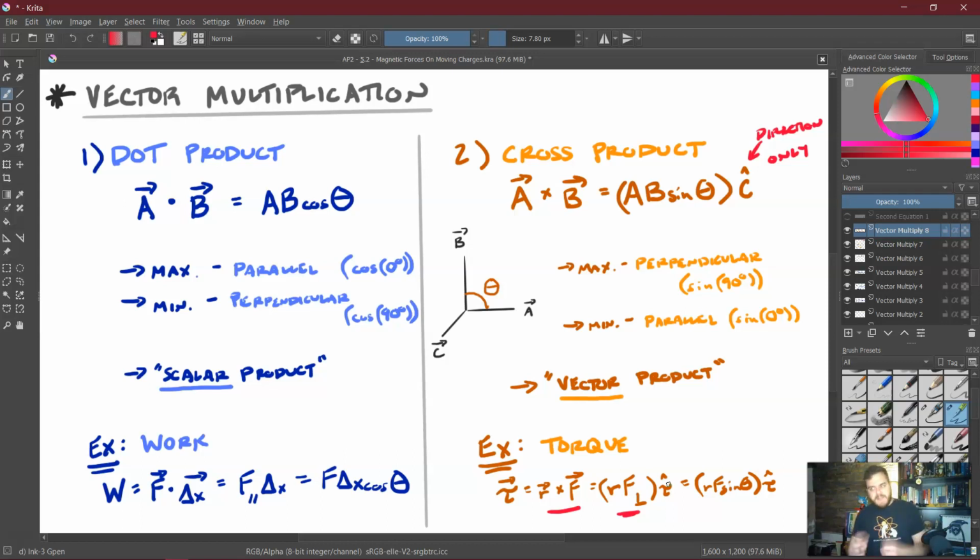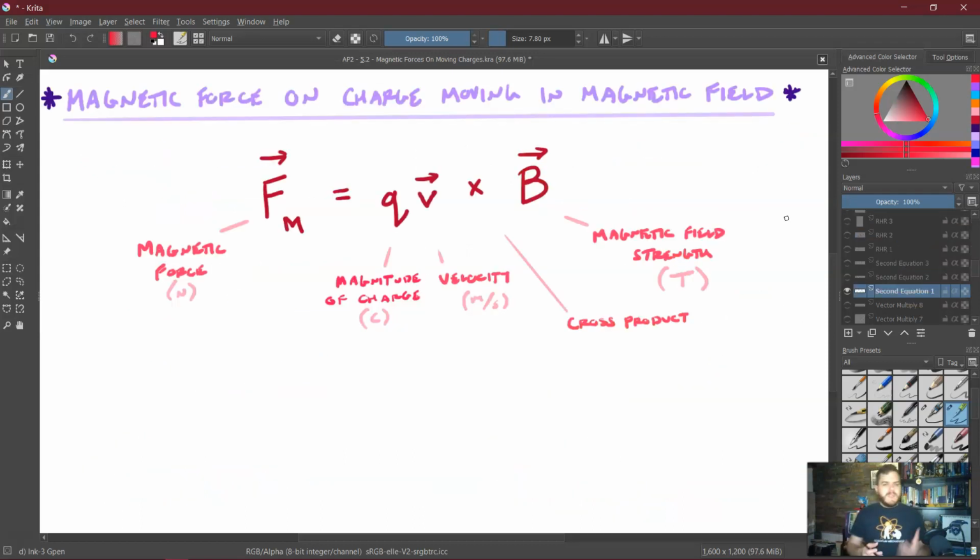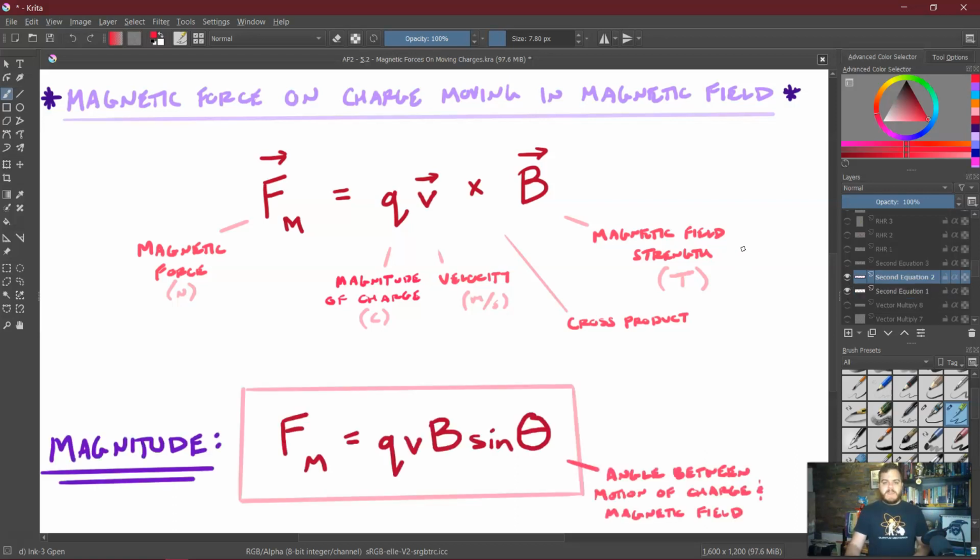But unfortunately now we really have to start dealing with this third dimension because the charged particles are going to be moving with a force in a third dimension. So when we see this equation, the magnetic force is equal to q v cross B, there's a couple of things we need to keep in mind. First, how do we determine the magnitude of this magnetic force? Well, we can just use q v B sine theta,